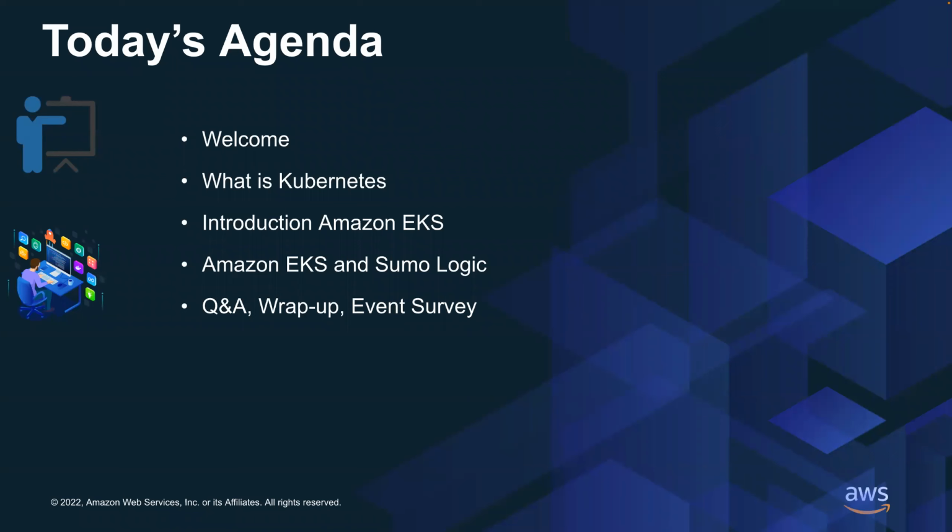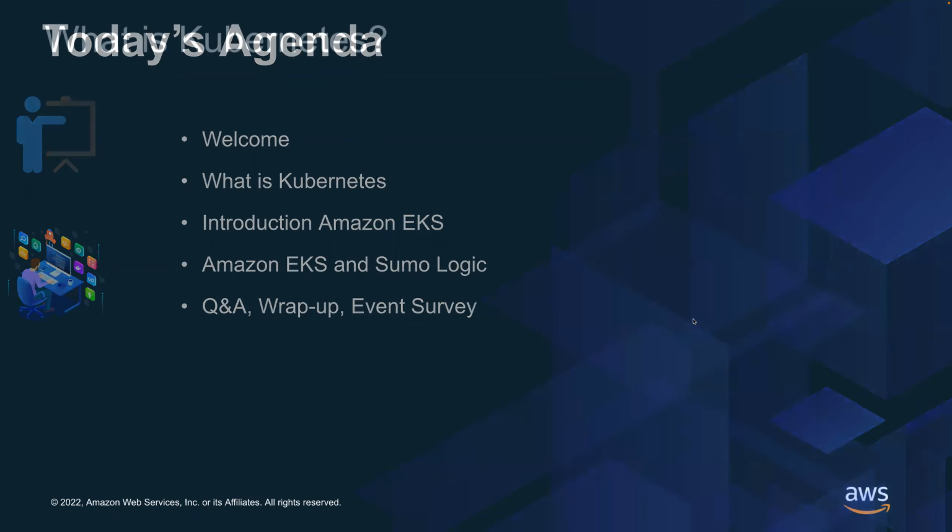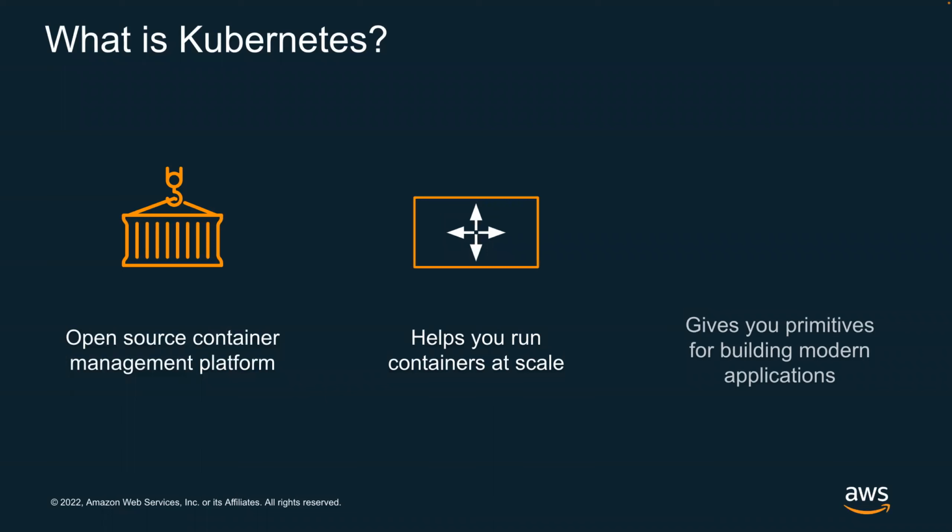Cool. Awesome. For the first slide, let me just talk a little bit about what is Kubernetes really. So if you think about Kubernetes as an open source container management and orchestration platform, it really can be run anywhere, right? That's the key value proposition of Kubernetes from an open source management platform perspective. So whether you're running it on-premises or whether you're running it on cloud, your application which runs on Kubernetes can be deployed anywhere.